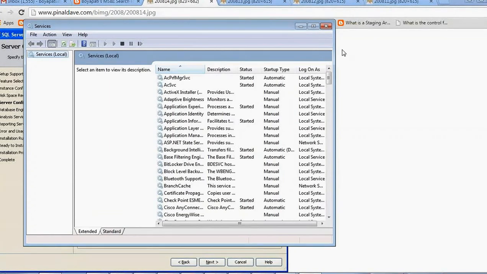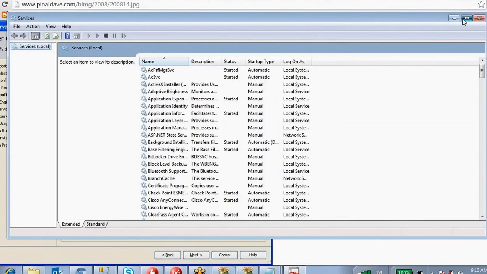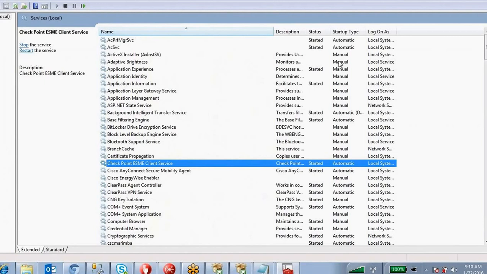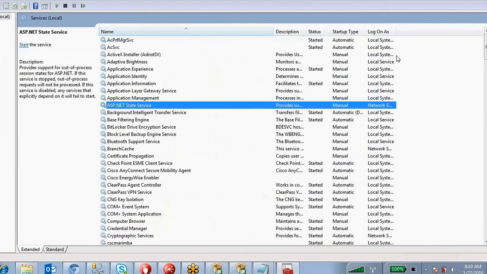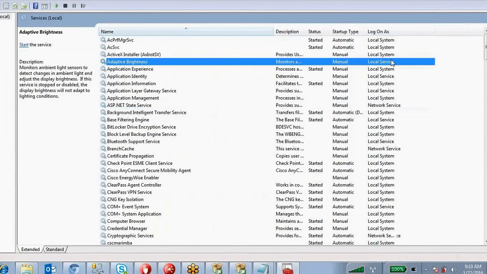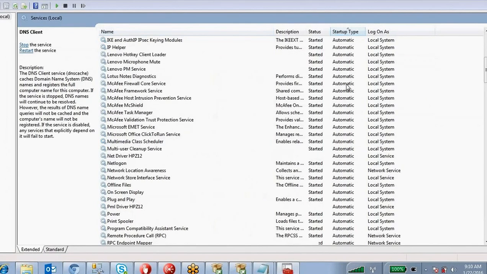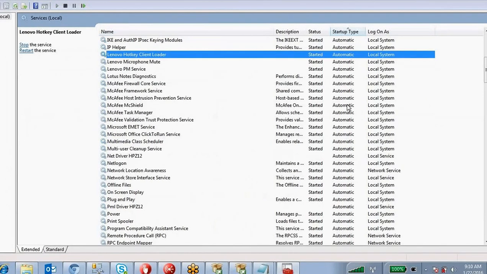See, these are all the services running on my machine. This is the log-on account; under this account these services are running. And if you see the startup type, it is manual or automatic.